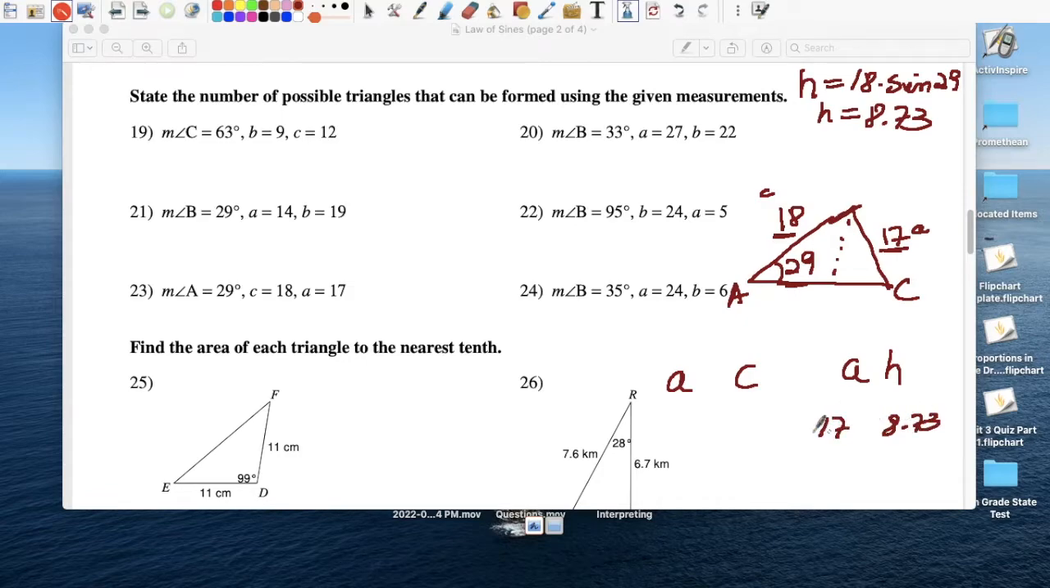I'll put 17 over here. C is 18 and A is 17. So now 17 is less than C, but 17 is greater than the height. So when we have this,